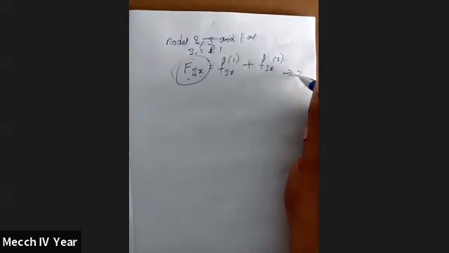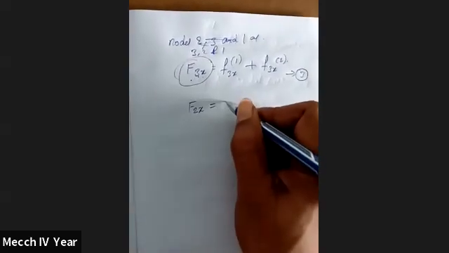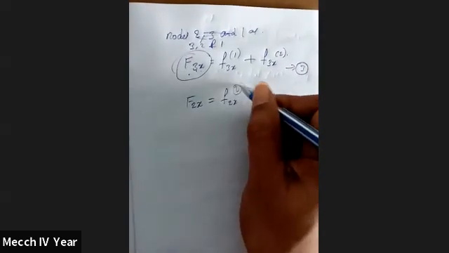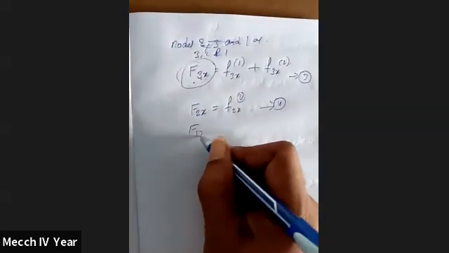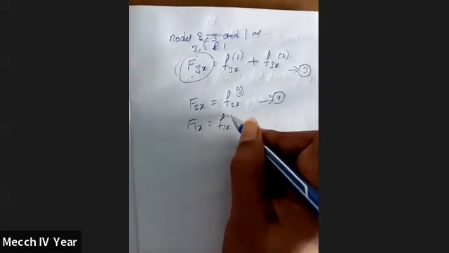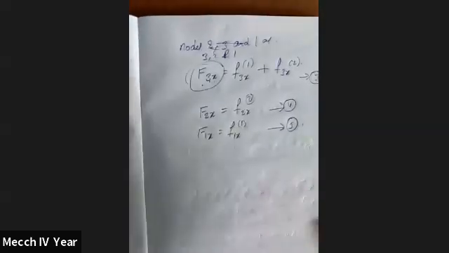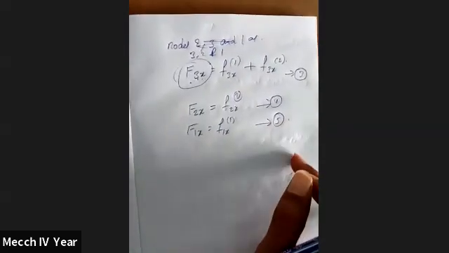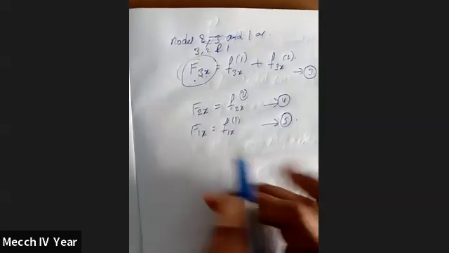Okay, then we are going to take this one, equation number 3. So we are going to take second force. It will go to a second element, and in a similar way F1x is equal to F1x of element 1. This is equation number 5. So each and every node and each and every element we can find like this, where F1x results from the external applied reaction at the fixed support.